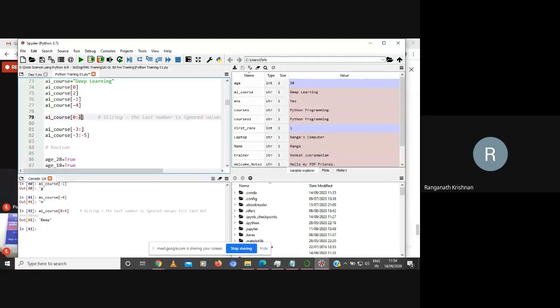It will be the last number before this number. So you are specifying something in an array to search something. Please be aware of that. If you want this space also to print, I have to say 5. Then only deep learning with space comes. You see this on the bottom? Otherwise it will not come. So the number -1 is the position that it will print.